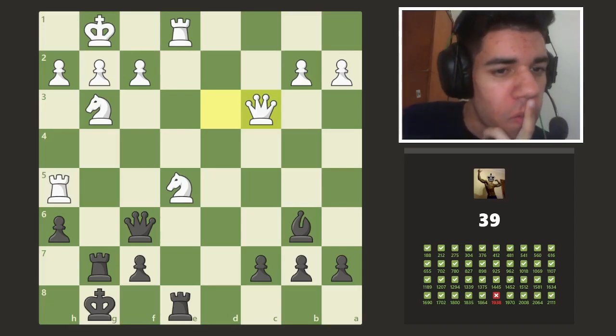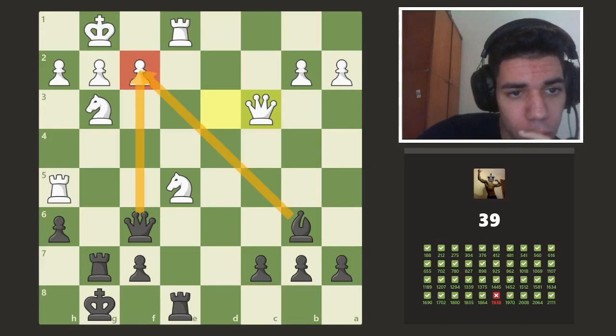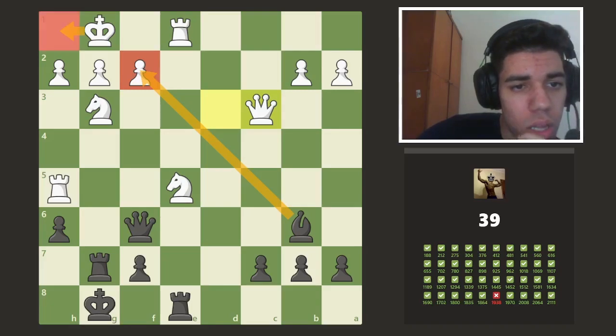Okay, now what's happening here? We clearly have a very tempting option here. Question is, do we have better? Now if we take with the bishop, with the queen, king goes here, and I don't think we have anything. If we take with the pawn, with the bishop, king goes here, we take, queen takes, and I think we're just better. So